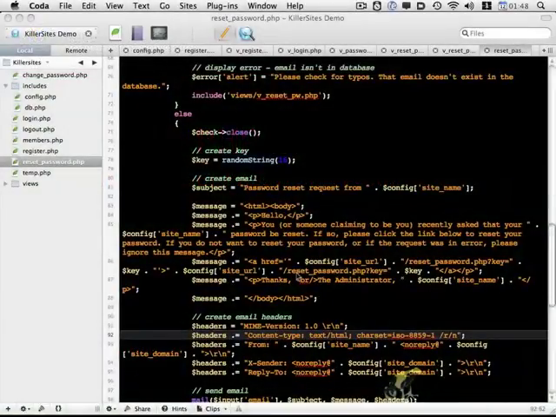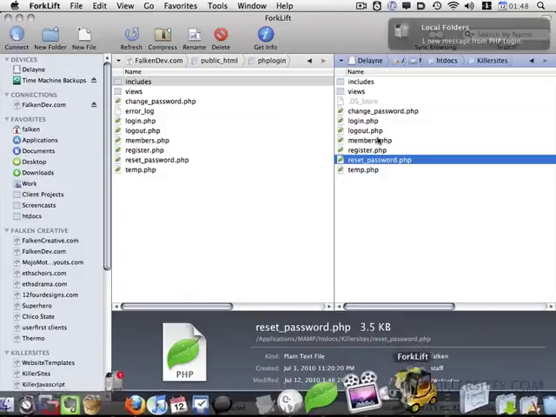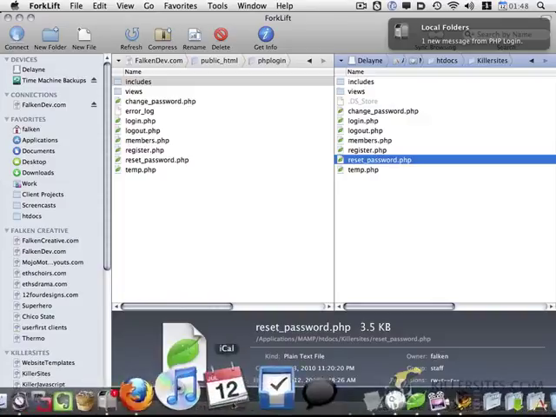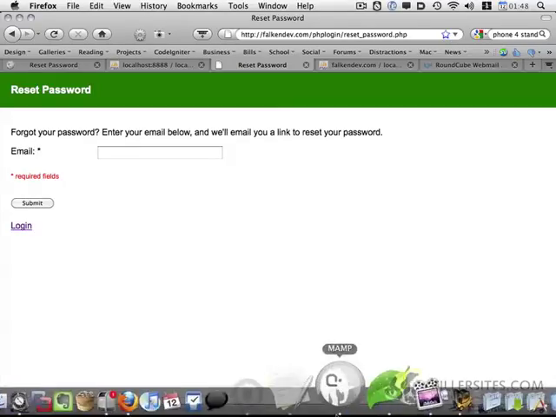One quick fix that I wanted to demonstrate that I noticed. This section here, we want to make sure that we're using the proper slashes. So I went ahead and uploaded all my files to the server. And so let me go ahead and show you what that looks like. And in case you're following along and do this as well, make sure that you upload